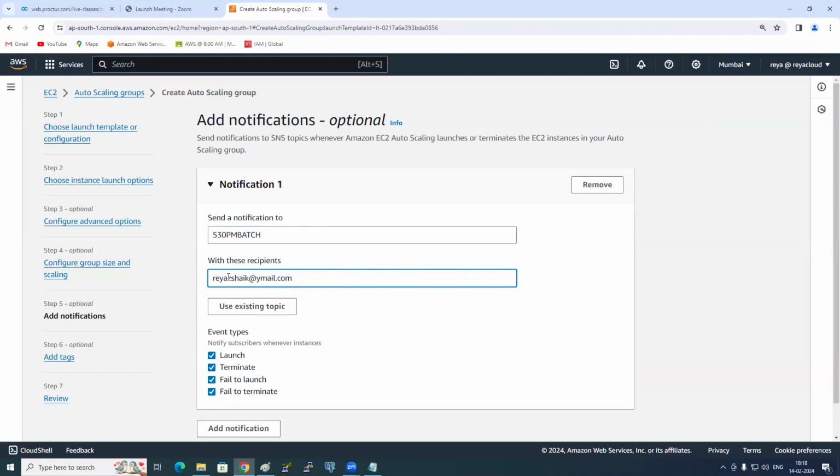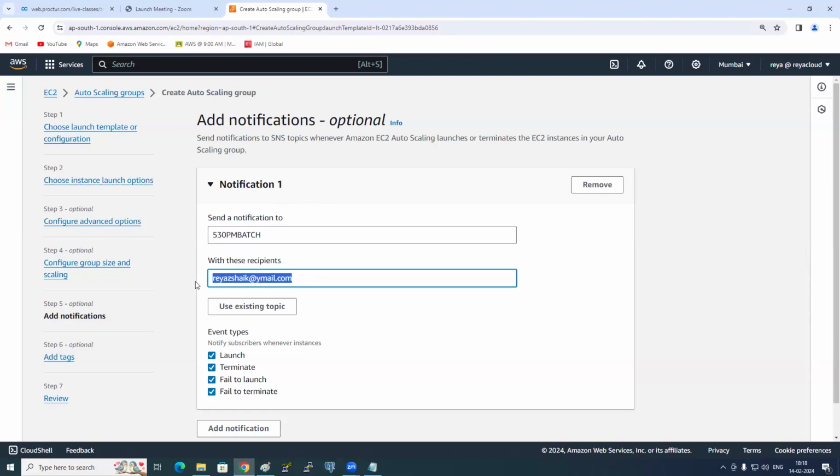If you click on the confirm link, then only you will receive notifications. Otherwise, no. If you click on confirm, then whenever someone pushes any message to this topic, you will receive a notification.